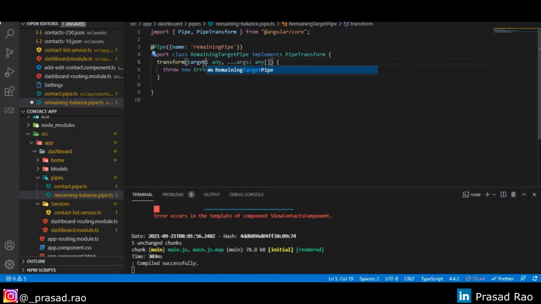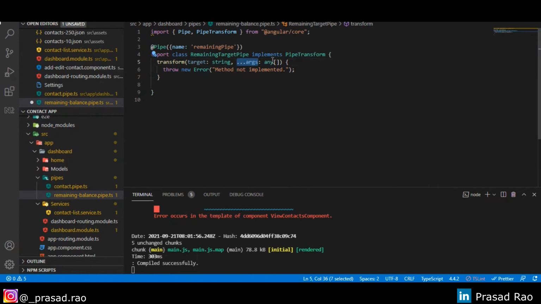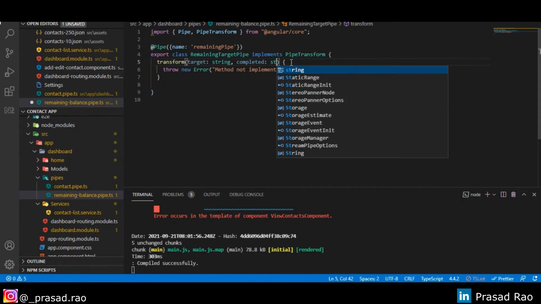So let's call this target. This will be of type string. The other one would be completed. It will also be of type string.